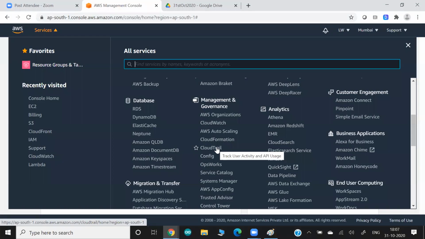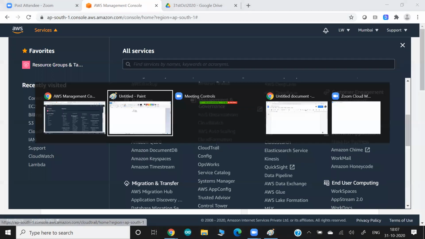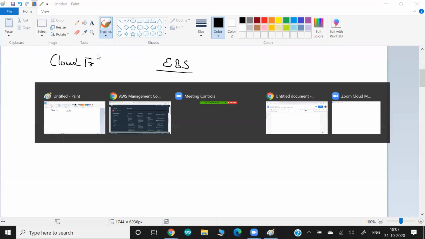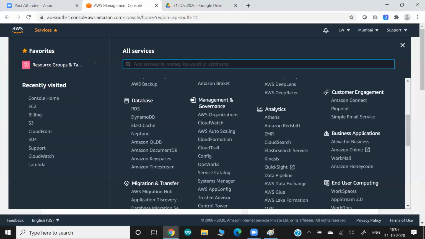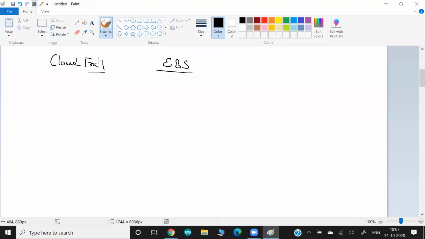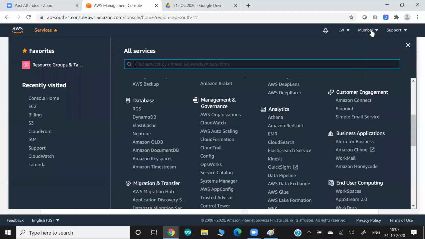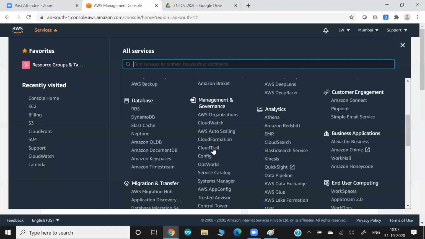A very interesting service, but very much useful also. So let me touch one more service today before I go for EBS, that is called CloudTrail. So what is CloudTrail? Let me show you directly the demo, guys. Very straightforward. Right now I am in the Mumbai region, and if you go to CloudTrail,